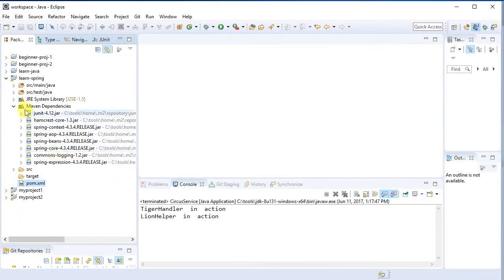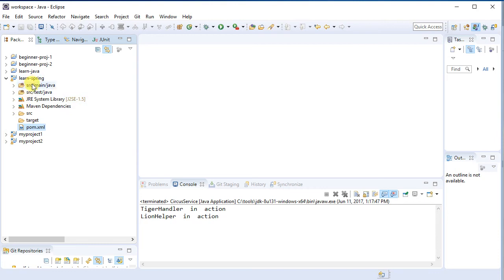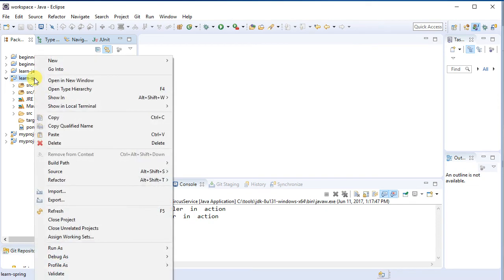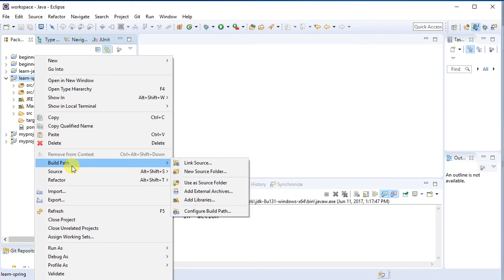Now we've got to create a build path for the source main resources. So application context.xml is an XML file, so you can't put it into source main Java, which is really for .java files. So now I click here and I'm going to create a new build path. I'll right click, build path, new source folder, because when we create it as a source folder and build it, it will automatically go to the class path folder, which is the bin folder. So new source folder, I'm going to call it source